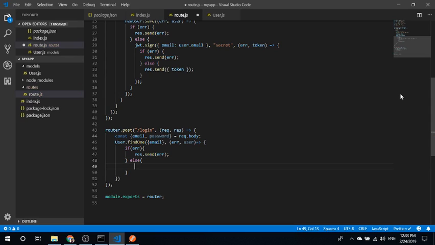Otherwise, if there is no error, we should have at least one user or no user. So if the user has already registered, there should be a user. If there is no user, this should be none. So now we should check whether there is a user or not. If there is a user, we should generate the token. Otherwise, if there is no user, we need to send a message